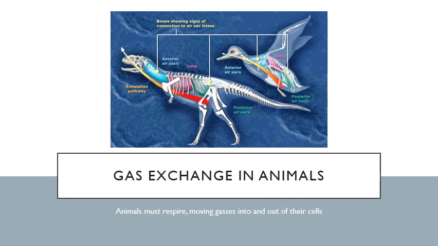Okay. So far, so good. We have to get these gases in. What is a waste product of cellular respiration? Carbon dioxide. We've got to get that carbon dioxide out. Every single one of your cells is respiring. Every single one of your cells has oxidative phosphorylation going on, which means it needs oxygen and it needs to pump out carbon dioxide. Obviously, not all of your cells are up near your lungs where you're doing this gas exchange. So you have to move the gases from point A to point B.